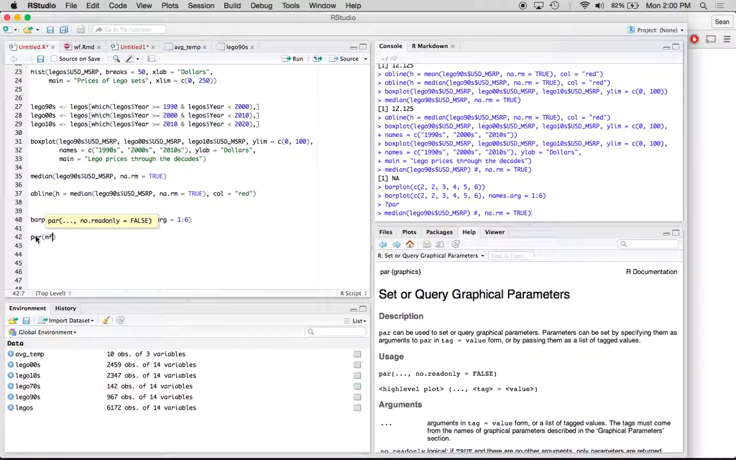So you have to specify this argument mfrow, and then you can give it a numeric vector of length 2, which specifies the number of columns of graphs, the number of columns of graphs in the figure you're going to create, and then the number of rows of graphs in the figure you're going to create. And